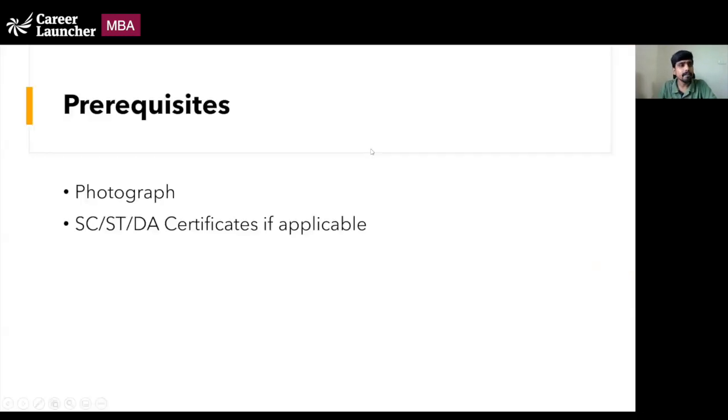Before we start, these are the prerequisites that you require. One is a photograph, a passport size photograph. The size can vary from 10 KB to 5 MB. The size of the photograph will be resized by the portal itself. Don't worry even if it is more than 500 KB, if the size is more, they will resize it for you. It is generally below 5 MB. That is what your passport photograph is going to be.